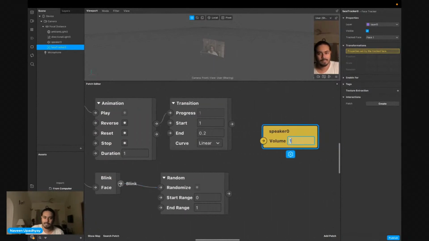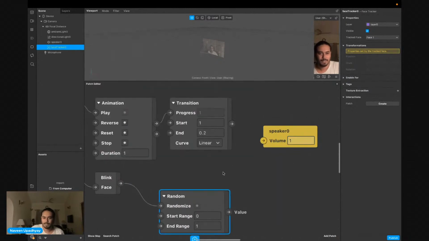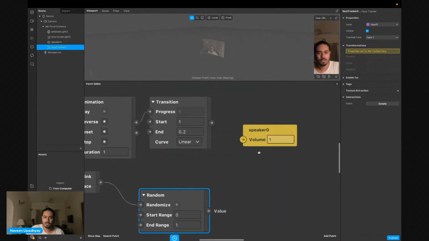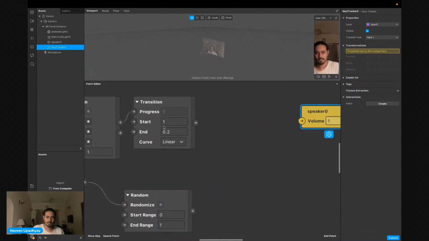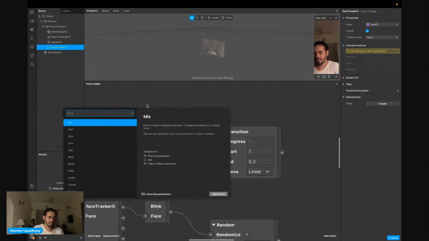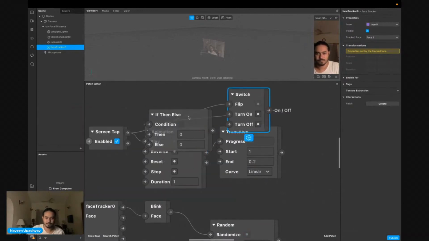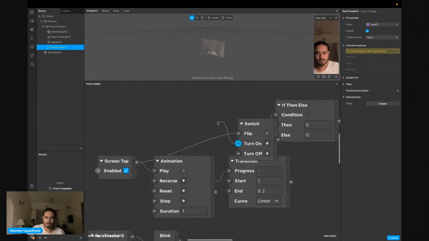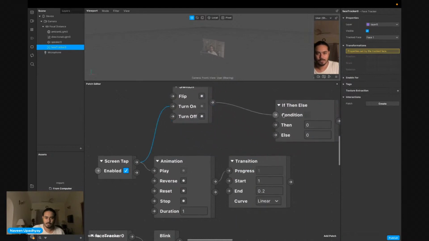So if you screen tap, this should happen. If you blink, that should happen. So you need to create a logic for that. If you screen tap, then use an if-then-else. If I screen tap, this is going to be true.